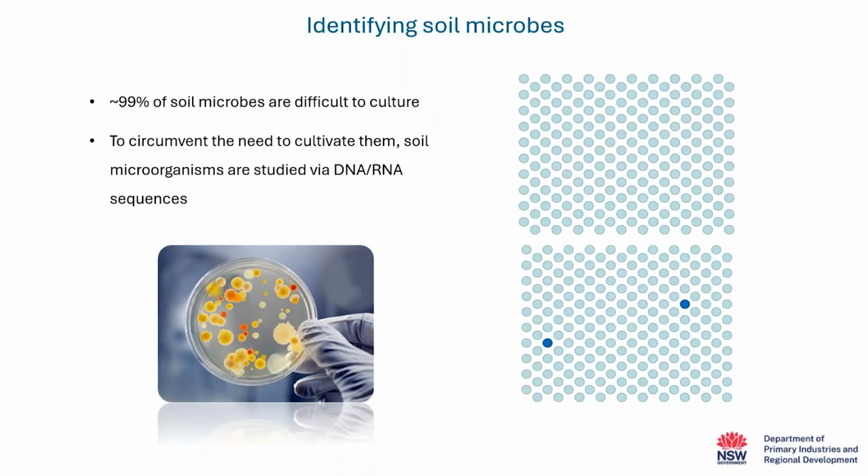In terms of characterizing the diversity of microorganisms, huge advancements have been made in this field in just the last few decades. With only about 1 or 2% of microbes able to be grown in a lab, the development of culture-independent methods, such as DNA sequencing, has not only enabled the Earth's microbial diversity to be characterized, but it's also enabled profiling of whole communities.